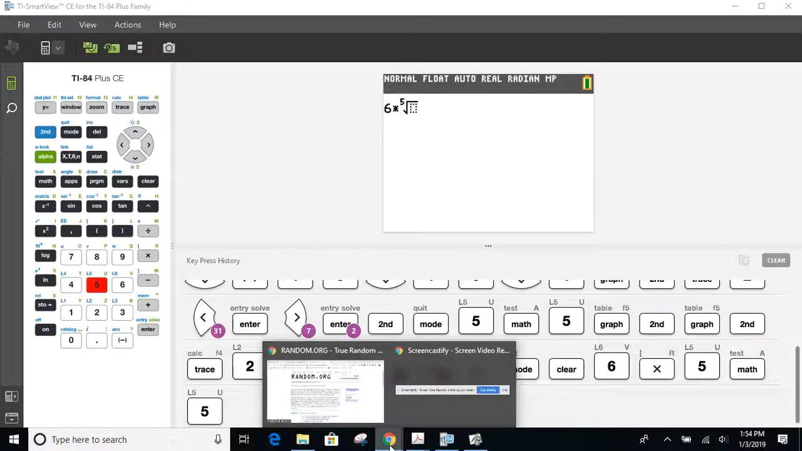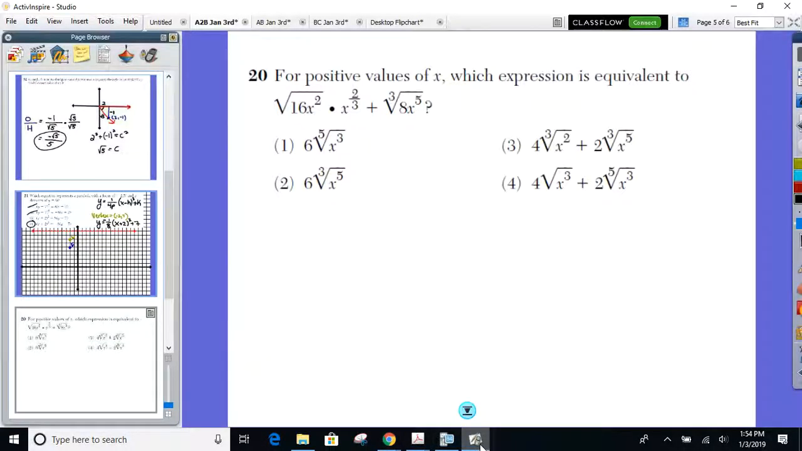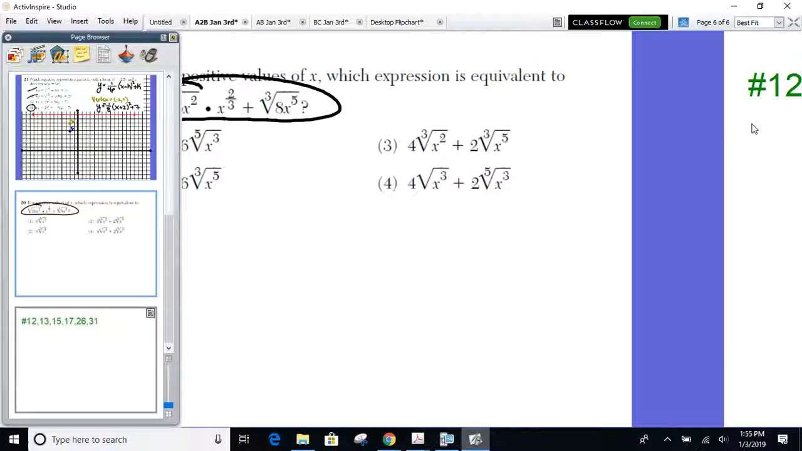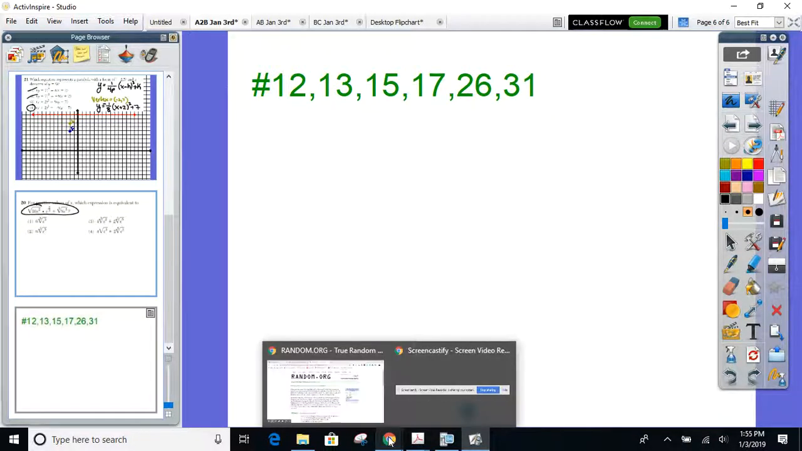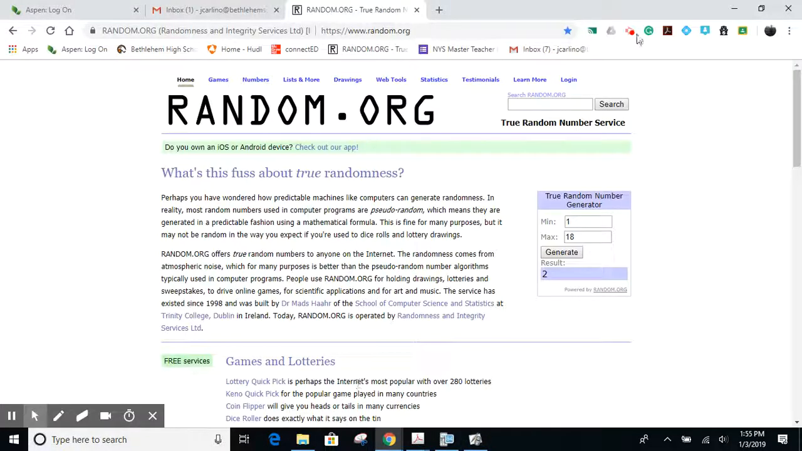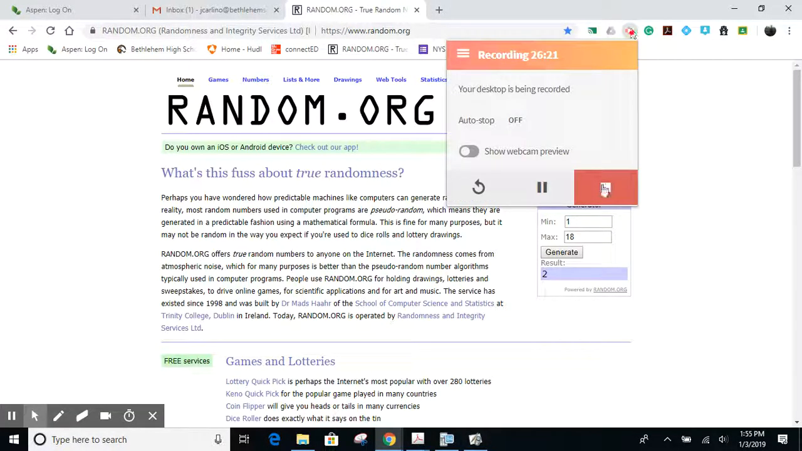So again, store a random number in your calculator, find out what this expression is equal to, and then find out which multiple choice we're going with. I'll come around and see what choice you got, and then I will let you go to the following problems that are up here on the board. And you guys know where the answers, all the explanations